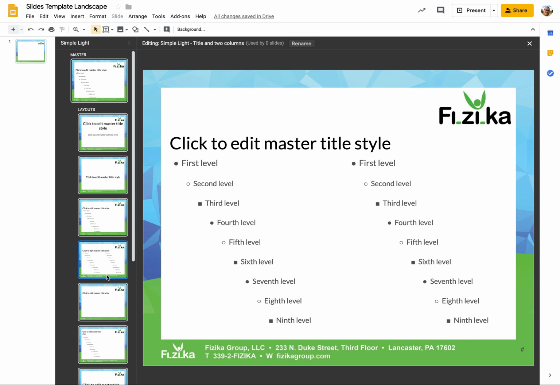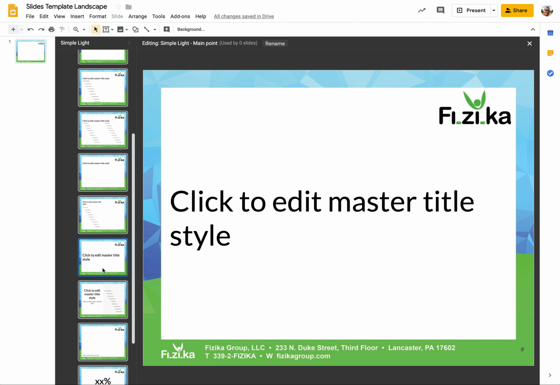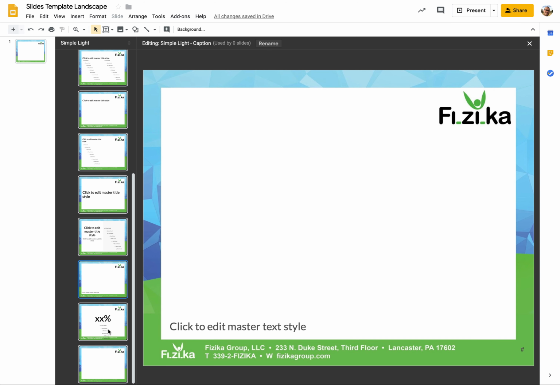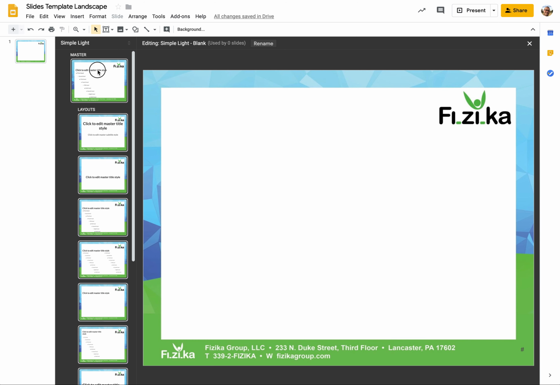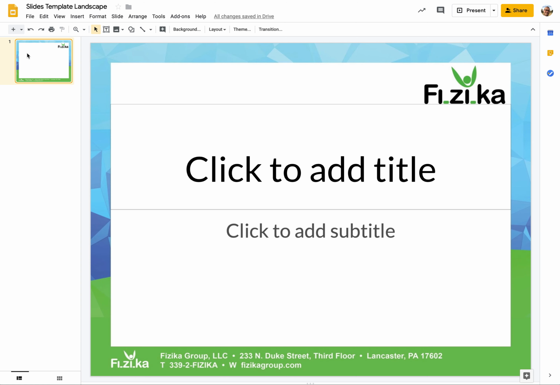I went ahead and updated the font to the Lato font. That is the brand font, so that was consistent. And you can use all these different layouts. I've adjusted them all to kind of fit properly within the template, and they all have the sort of pretty frame in the background. So to use them, what you would do is you would first open this slides template